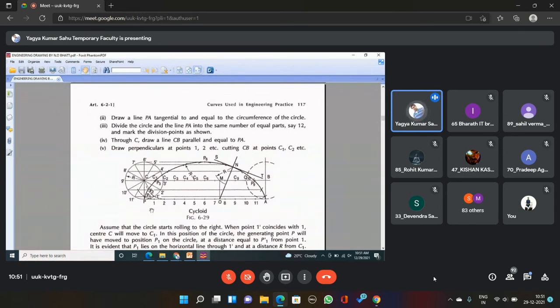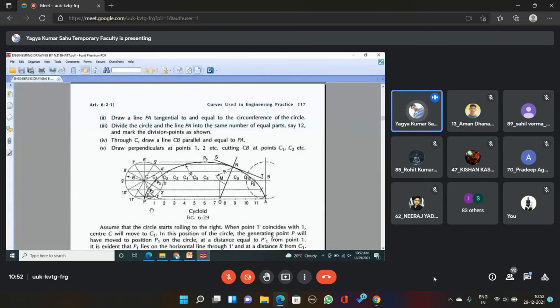The position of point P will change or not? Yes, sir, if the center changes, it will change. Definitely it will change. Okay, so will it go upward or downward? Sir, upward. Okay, and how much distance from that straight line PA? That we don't know. Okay, how much distance it will go upward, we don't know.